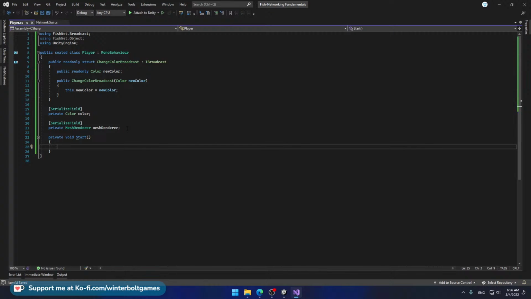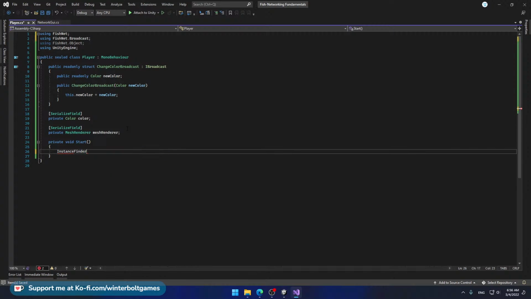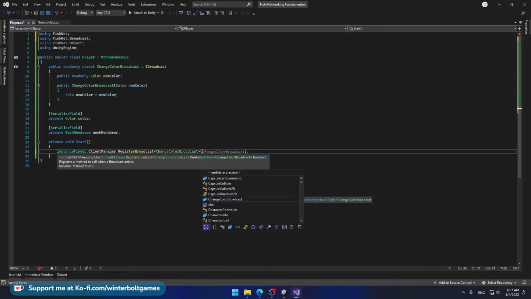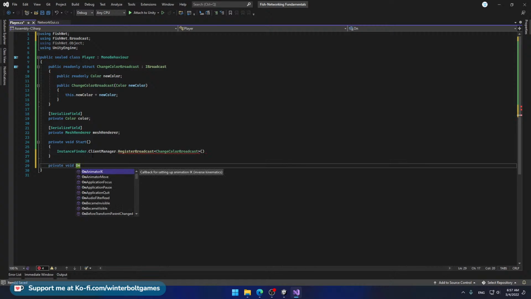And inside the start function, I'm going to say instance finder dot client manager dot register broadcast. So it's going to register a handler for the broadcast of the type change color broadcast, okay? And it's going to register a function to it. So let's go ahead and create one down here. We're going to say private void on server send color